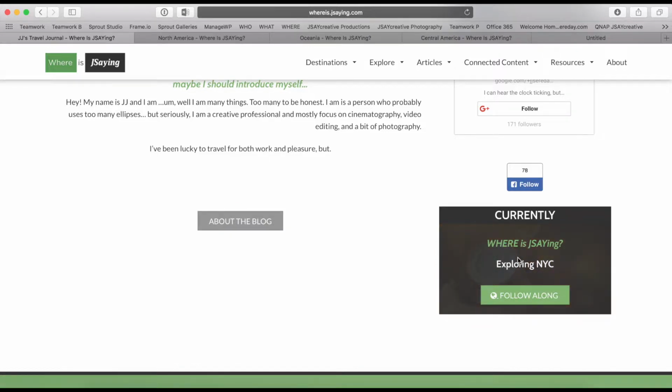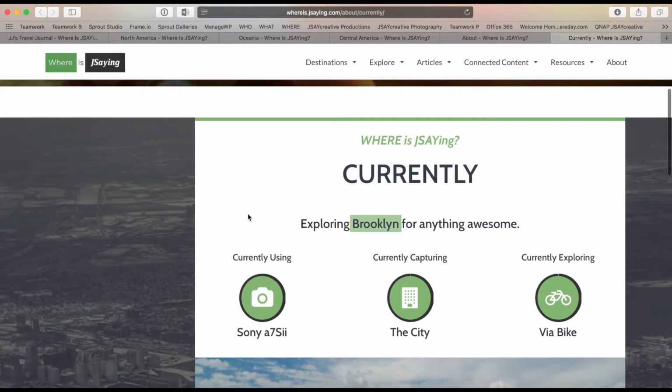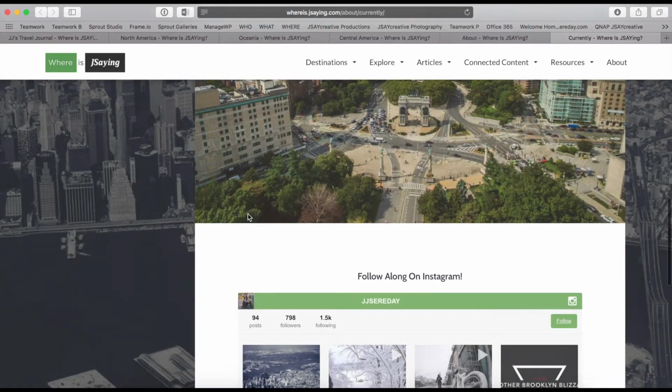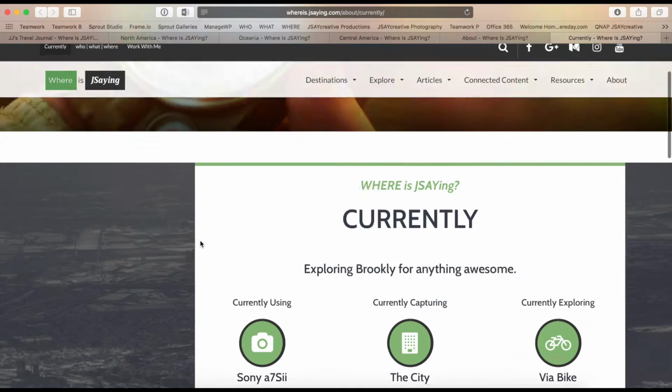And another really cool feature here is the widget I made that is currently Where Am I? If I'm going on a trip or on a trip, it will tell you where I am during that time. And if you click follow along to go to the Currently page, right now I'm in New York City exploring and working and doing a lot of other things. This page will tell you a little bit about where I'm at and what I'm doing and various other things, and then you can follow along on Instagram and things like that. This page will change based on